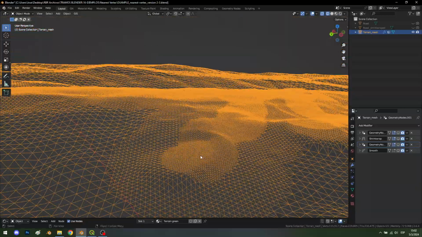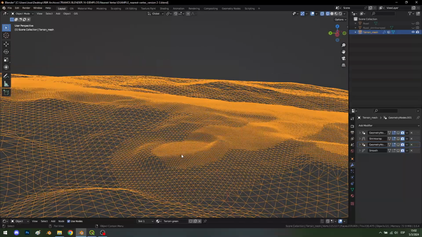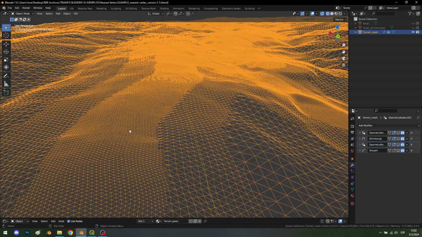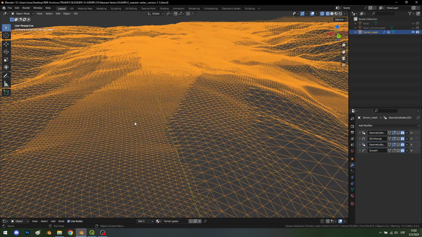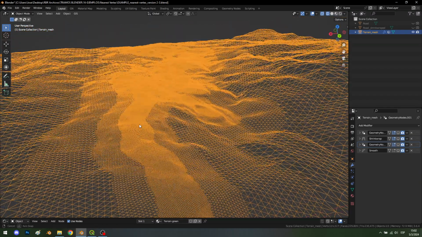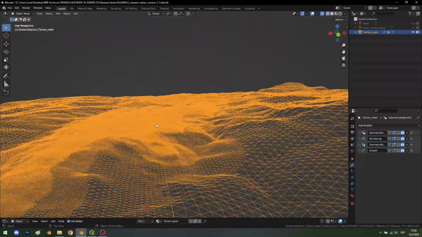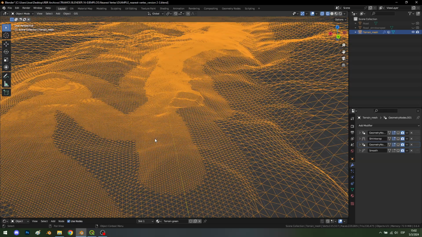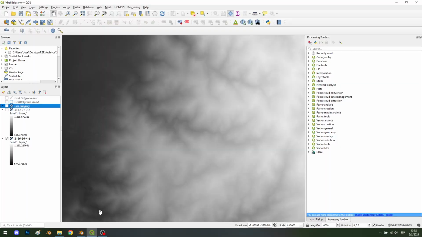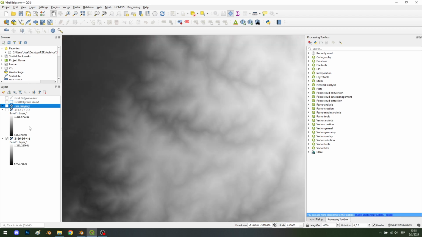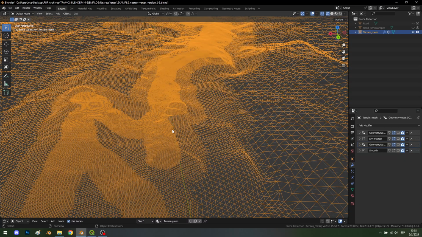Also, I made some corrections, and the road shape is not there. You cannot see the road. I know the road was there because of the satellite image. I know that the road is there because of the image, but the shape of the